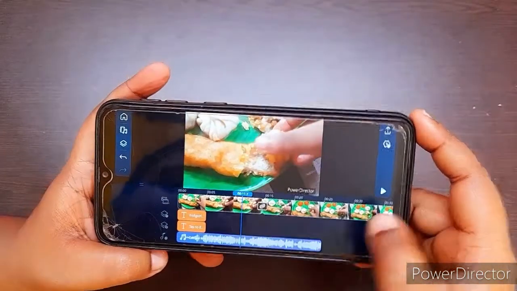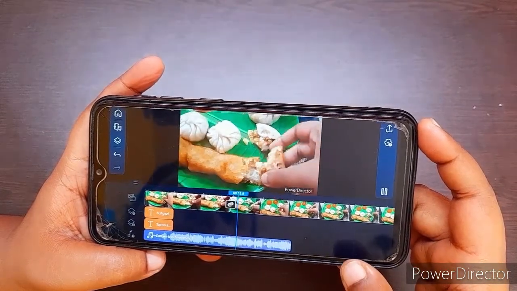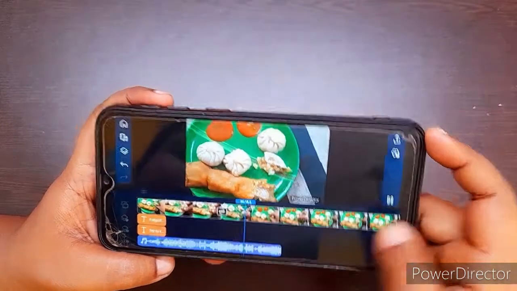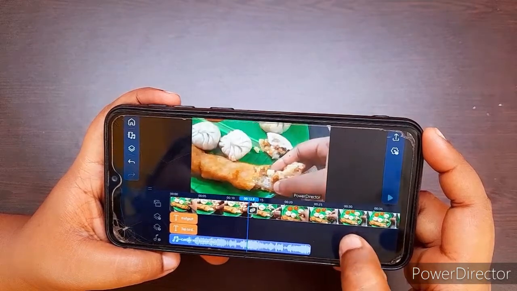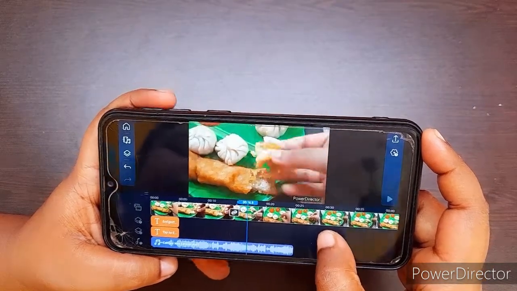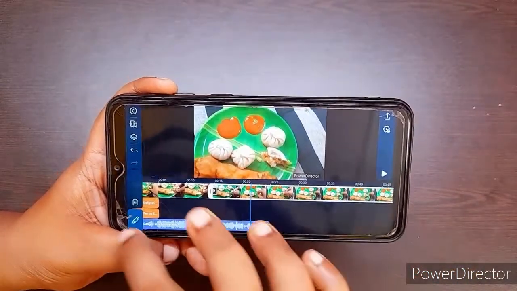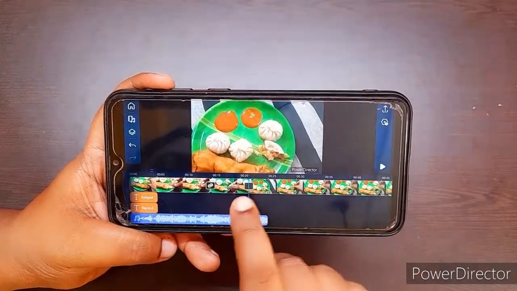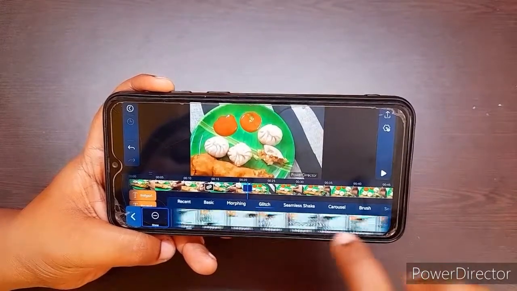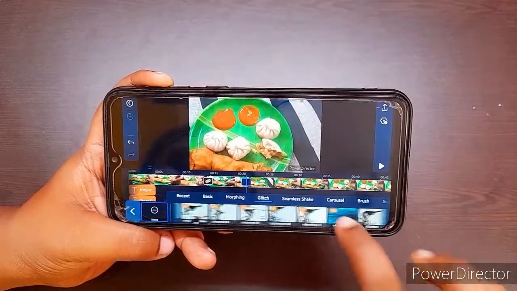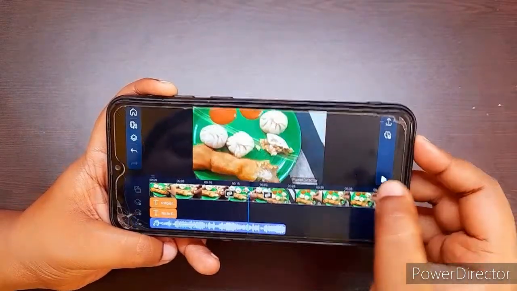Playing one more time. So you can see the transition now. You can give a lot of transitions. Just split, and here goes the second square, and you can choose another transition. I am choosing this one. So you see,